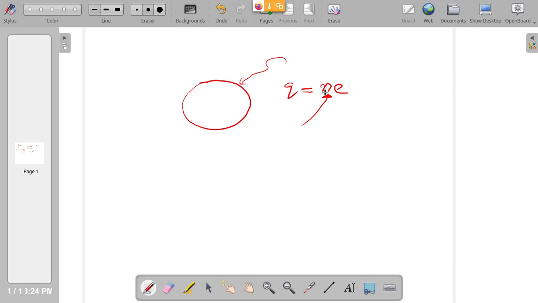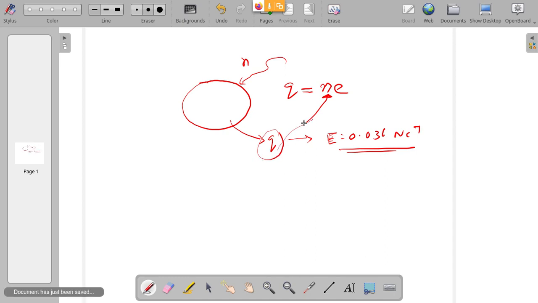A is the charge of the electron, N is the number of electrons. So in the question they are asking the number of electrons to be put, how many electrons you will put here to make up for a charge Q such that the electric field is E equal to 0.036 Newton per Coulomb. This is the value of the electric field they have given you. Now how much is the charge? First you have to calculate, and from there you can calculate this number N, because the charge of the electron is